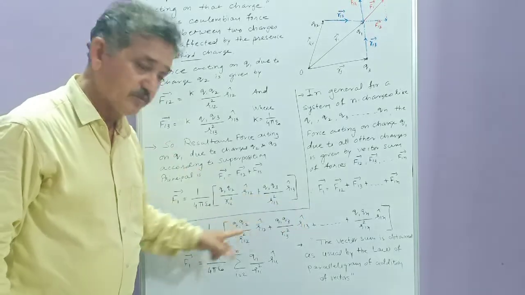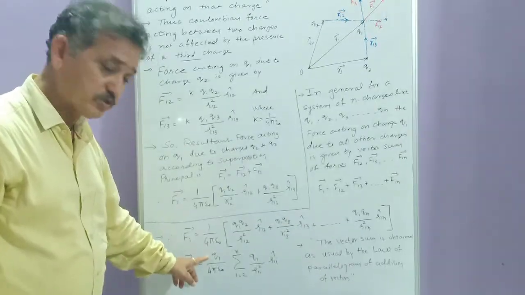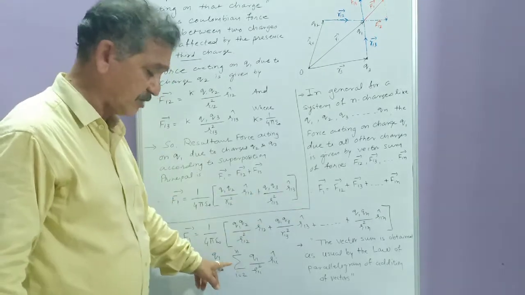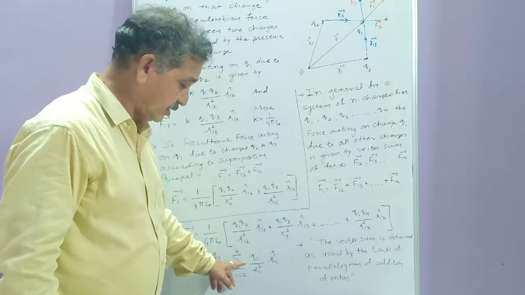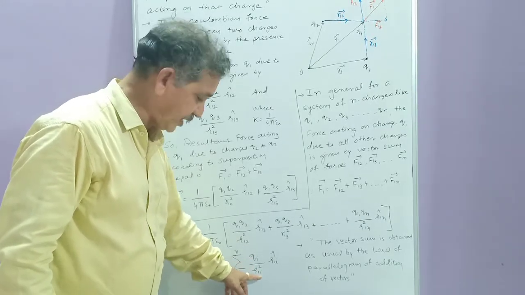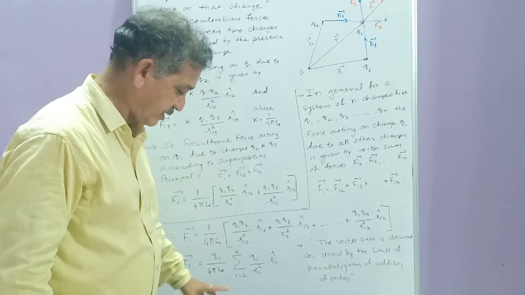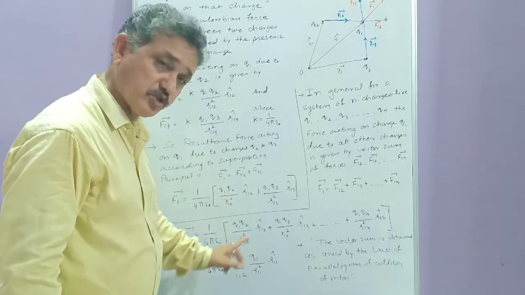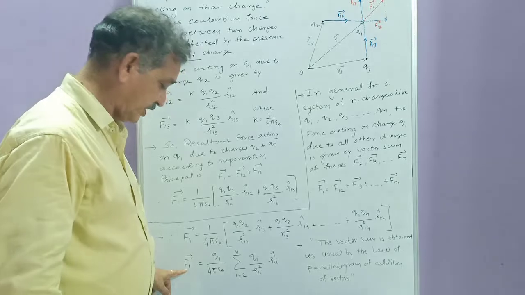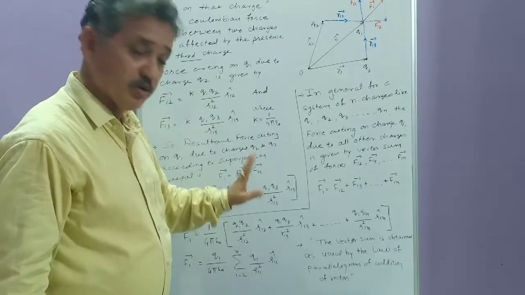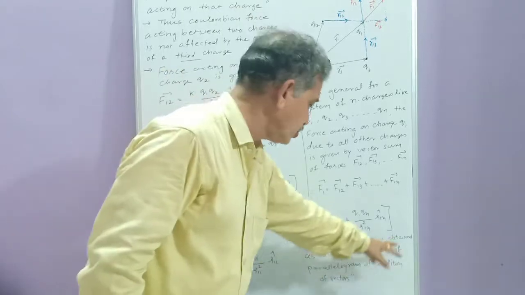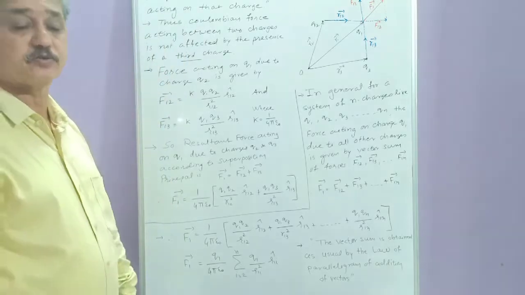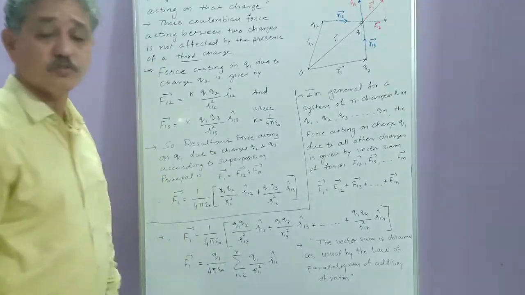You can see from all these equations Q1 is common and it comes outside with 1 upon 4 pi epsilon 0. Instead of this one, you can use the mathematical summation sigma of the terms like Qi upon R1i square into unit vector R1i, where i starts from 2 to n. So as it is the force acting on charge Q1, one will not come. That's why vector F1 is equal to this one. So here, what is the meaning of this one? The vector sum is obtained as usual by the law of parallelogram of addition of vectors. So this is the topic of principle of superposition.